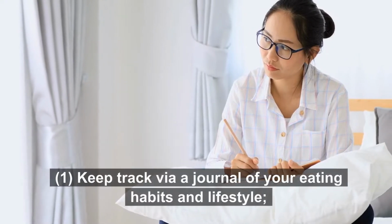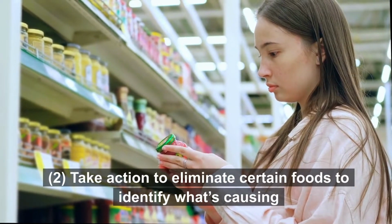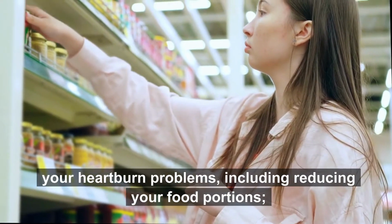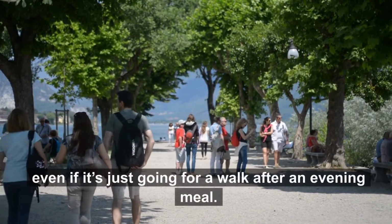1. Keep track via a journal of your eating habits and lifestyle. 2. Take action to eliminate certain foods to identify what's causing your heartburn problems, including reducing your food portions. 3. Implement some form of exercise regime into your daily lifestyle, even if it's just going for a walk after